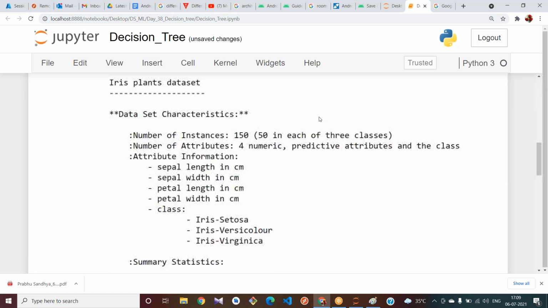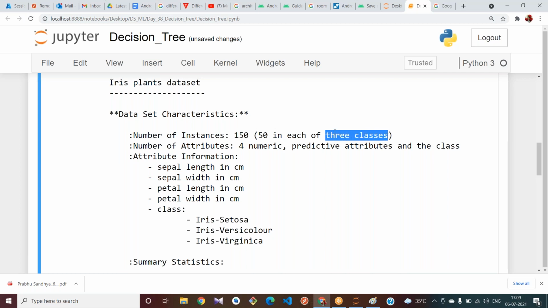In the iris dataset, you have 150 instances, nothing but rows, 150 rows of data, in which each class has 50 rows of data. Please tell me if this is balanced or imbalanced data. In total you have 150 rows and 3 output classes, and each class has 50 rows.